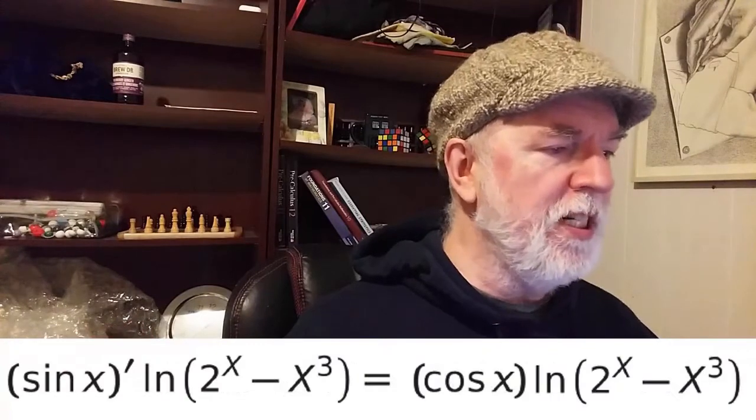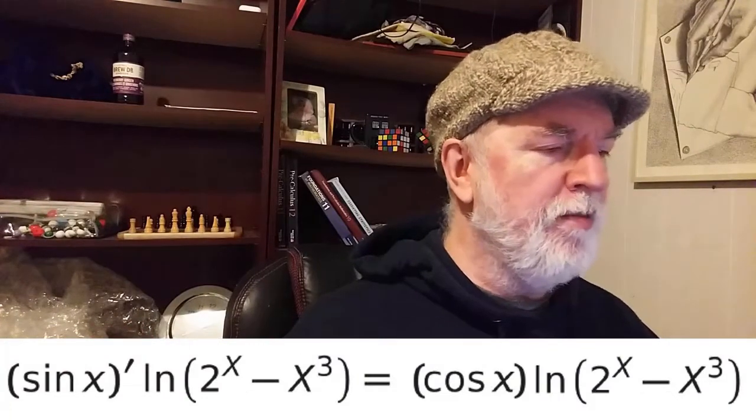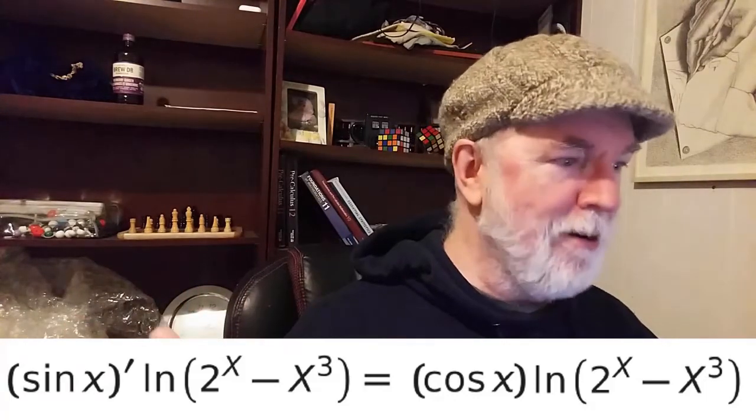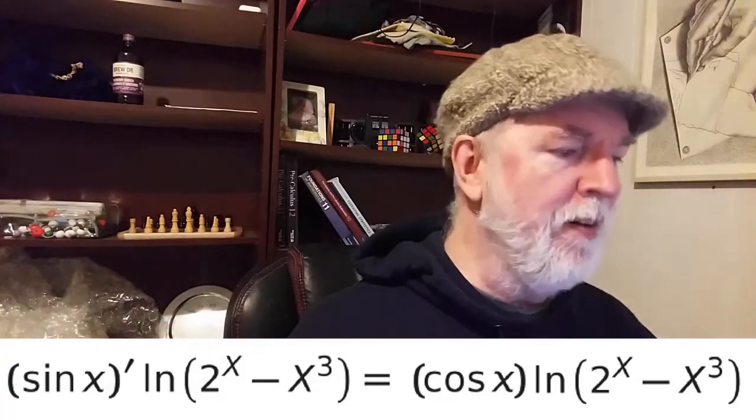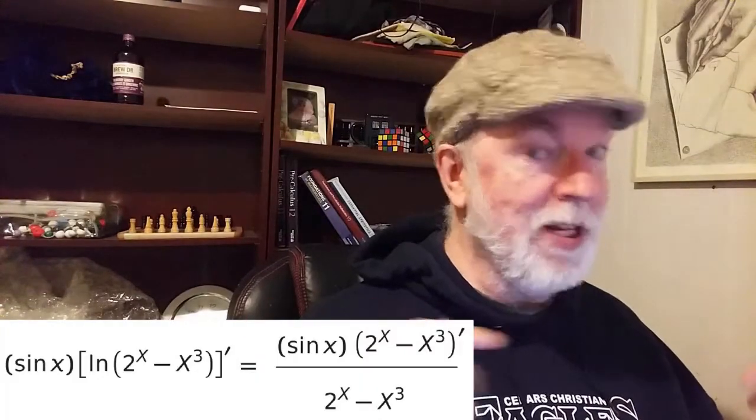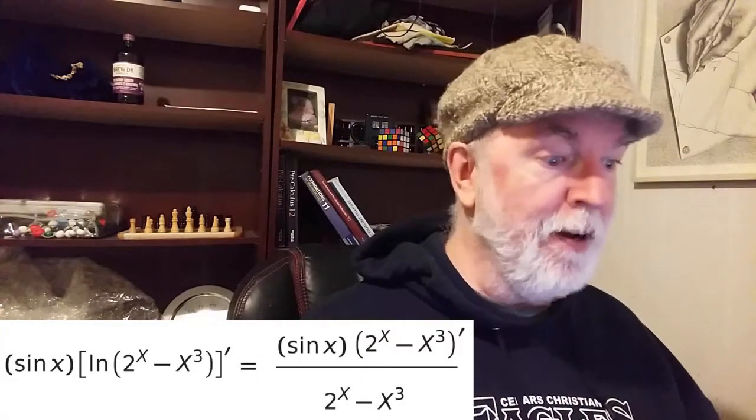First of all, this part's easy, hey? Derivative of the sine times the logarithm of all the stuff. So that's the cosine times the logarithm of all the stuff. Okay, next part, now we've got the sine times the derivative of that logarithm stuff, so we're going to have